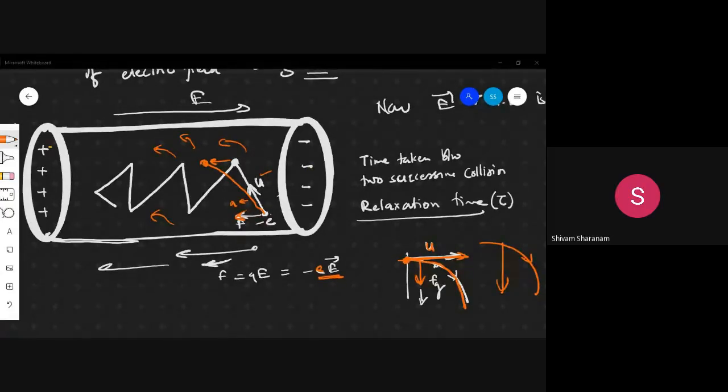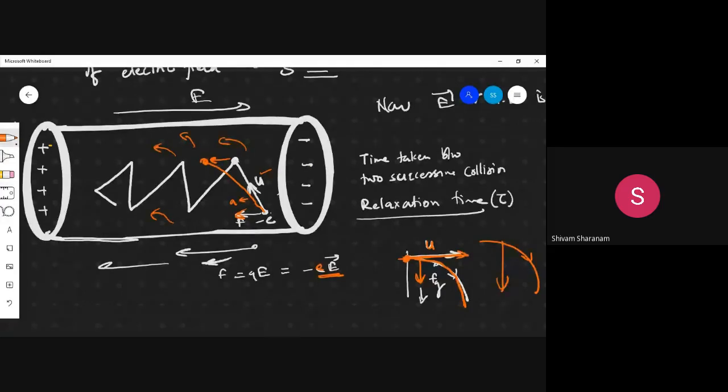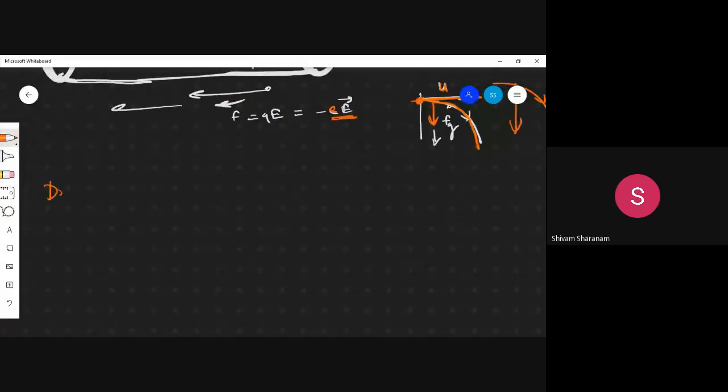Now the new velocity will still be zero, or it will be non-zero? Sir, non-zero. Non-zero, because all the electrons are now moving in one direction. Earlier, when you had not applied the electric field, all the electrons were moving in random directions. But now as you have applied the electric field, all the electrons are moving in a particular direction. So the total velocity is now no longer zero. So this velocity we call drift velocity. What do we call it? Drift velocity.